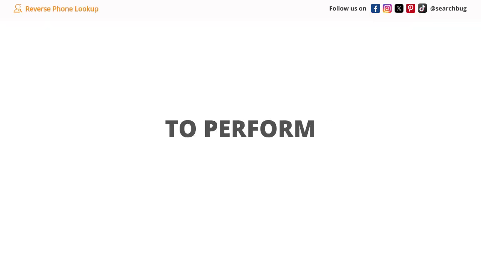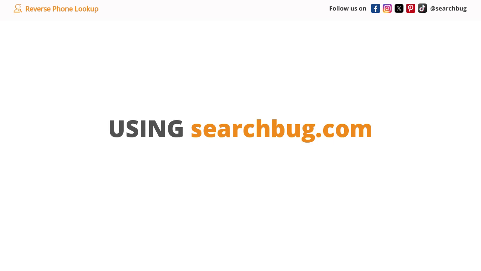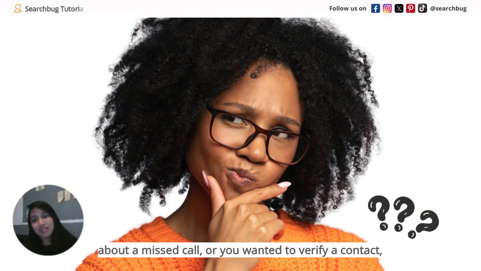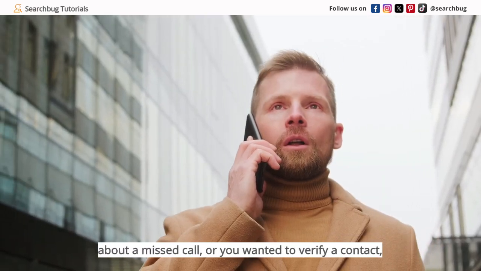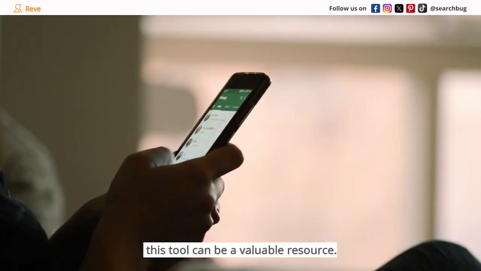There you have it, everyone. A quick and easy way to perform reverse phone lookup using searchbug.com. Whether you're just curious about a missed call or you wanted to verify a contact, this tool can be a